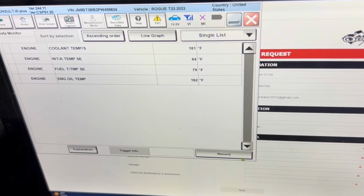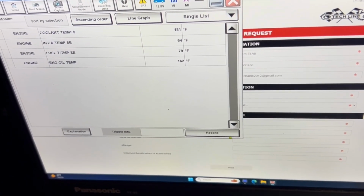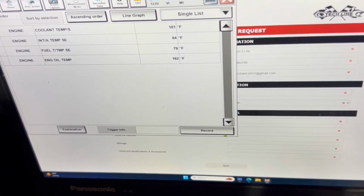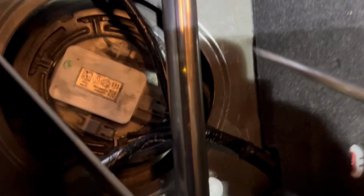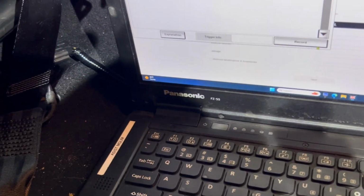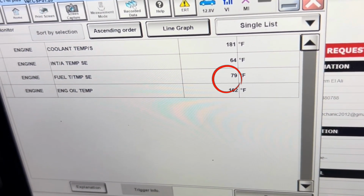Alright, so readjusted here. We're reading 79. I did leave it running while I turned it on before I walked away, just so my battery voltage wouldn't get too low. So we're reading 79 now. We still have that pin in there, and I'm still hooked up to ground. I'm gonna touch that back probe pin. We're making good contact, and we're reading, come on,